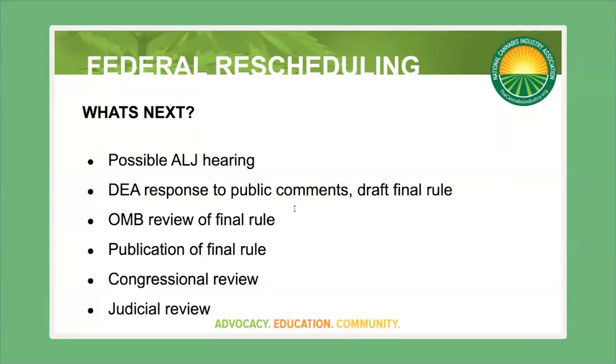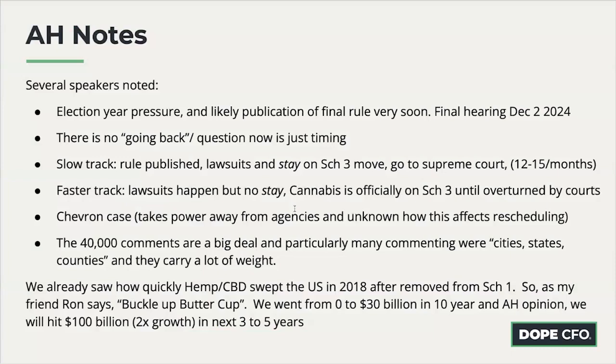The DEA's hearing is happening December 2nd. There's a few more steps, but we think we should be there within 6 months. There will be lawsuits. I'll mention that point on bullet 4. But cannabis will be on Schedule 3 while the lawsuits play out, and they aren't going to win. We now have medical evidence, we have the public, and we have the government's own agencies, the DEA, the DOJ, the FDA, and the HHS department. There's no way anyone's going to win these lawsuits.